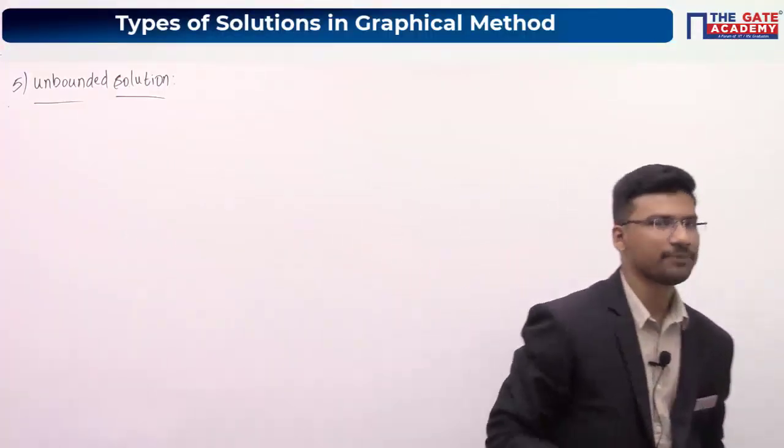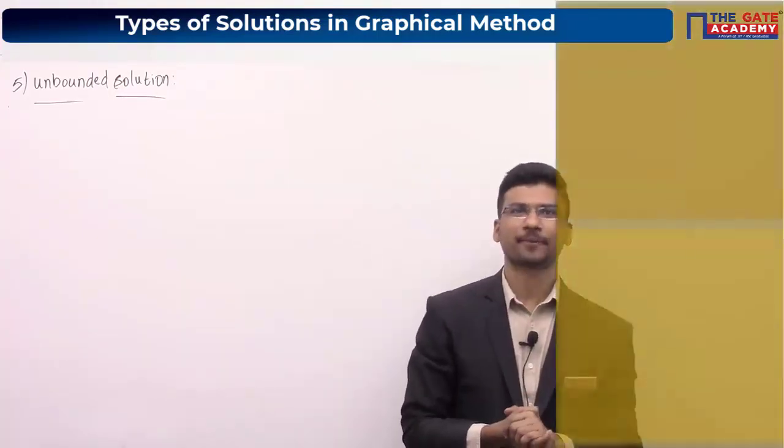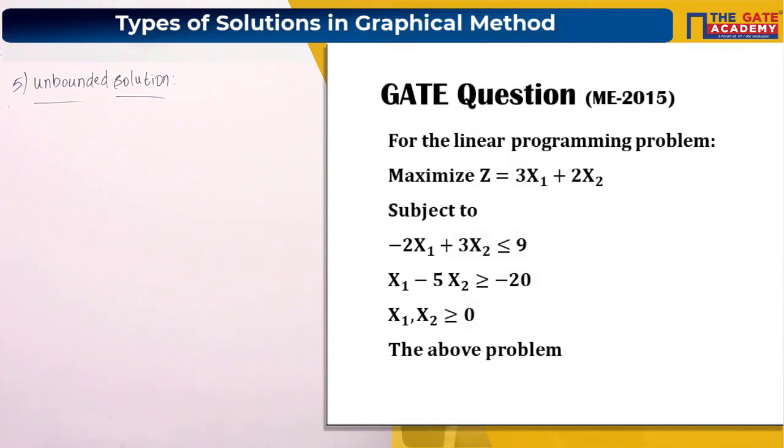Unbounded solution. Okay, so just try to solve this question. Please look at the secondary screen and try to solve that particular question. It is an example for unbounded solution. Just solve the question. After that I will give you the condition for what is meant by unbounded solution, I mean, when we call a particular solution unbounded. That we will discuss after solving this particular question.